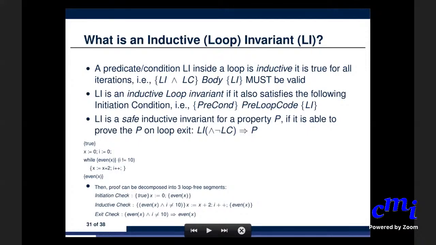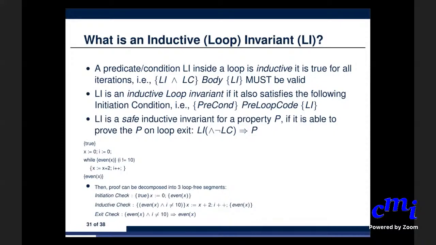The loop invariant that you come up with has to be such that when it holds along with the negation of the loop entry condition, that should imply whatever the post condition is. Otherwise, such a predicate will not be adequate to prove the post condition, which is the goal of verification,